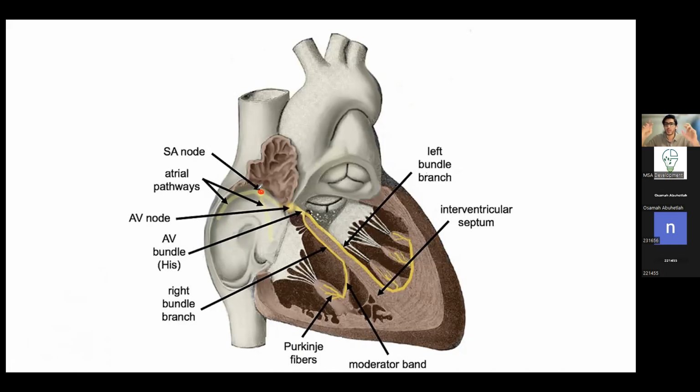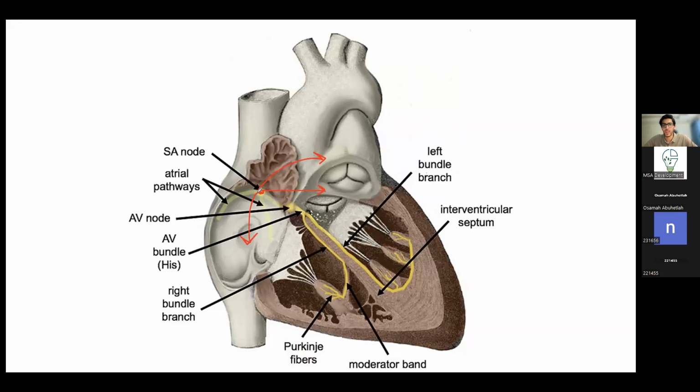So if we are talking about electrical signals that are sent out from the SA node, these are basically waves of depolarization, right? I can just refer to them as electrical signals. They're essentially the same thing. These electrical signals spread out from the SA node towards the atrium, like this, okay? And they cause the atrium to depolarize, right? So the atrial myocytes, the atrial muscle cells, are going to start depolarizing when the SA node sends the electrical